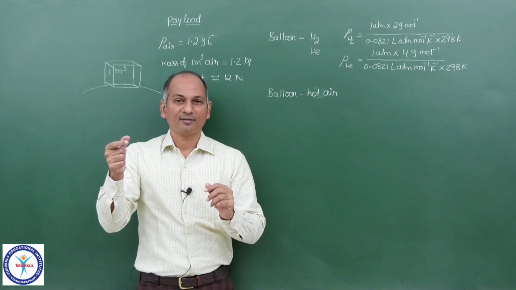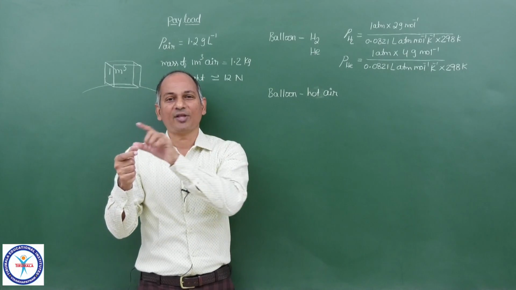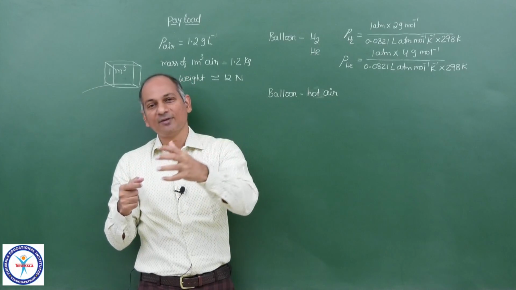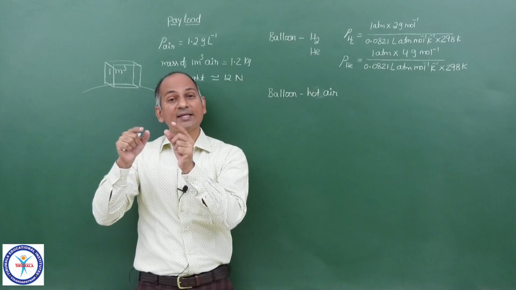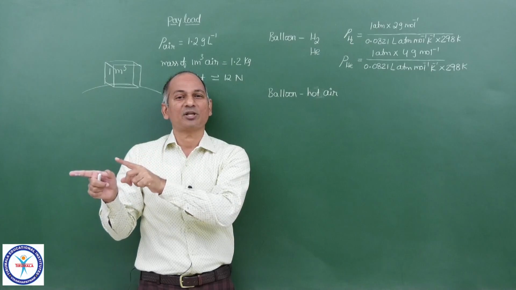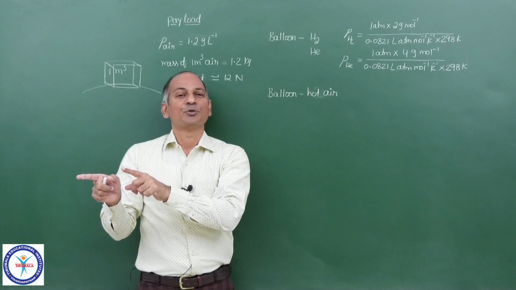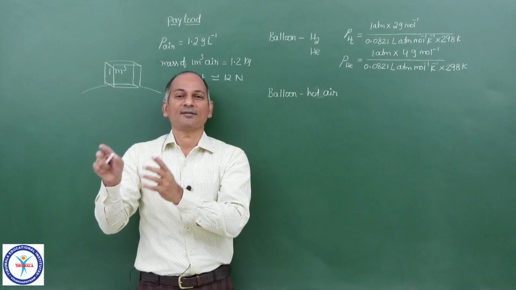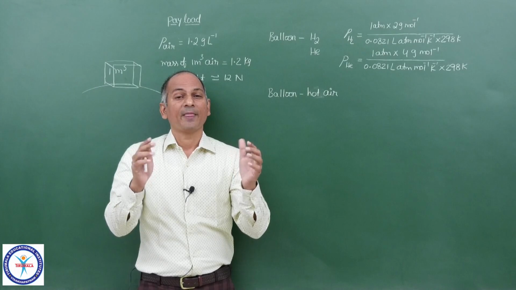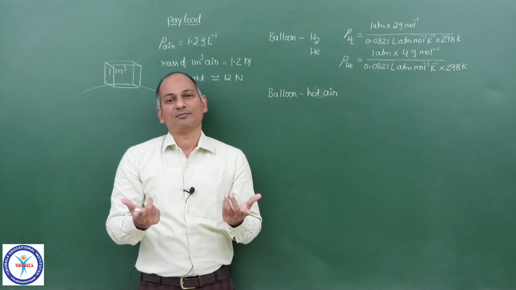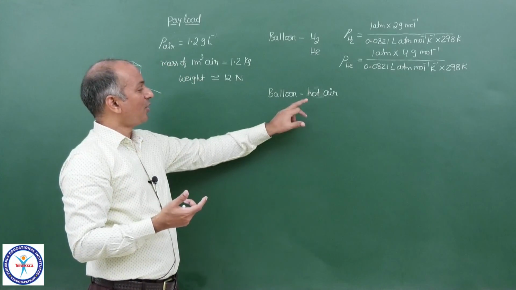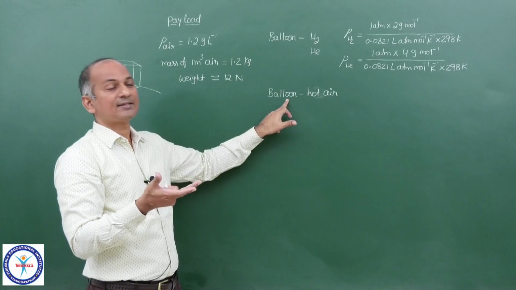Now you open the outlet because inside pressure is greater than the outside pressure, and when you make an opening to the balloon, then some gas will go out and the gas continues to go out until the pressure inside the balloon becomes equal to the pressure outside, that is 1 atm. So some amount of gas has left the balloon. So as a result, what happens to the density? Because volume is constant, number of moles have decreased. So weight decreases, and that is exactly what we want actually. So the weight decreases. So hot air balloon will rise.